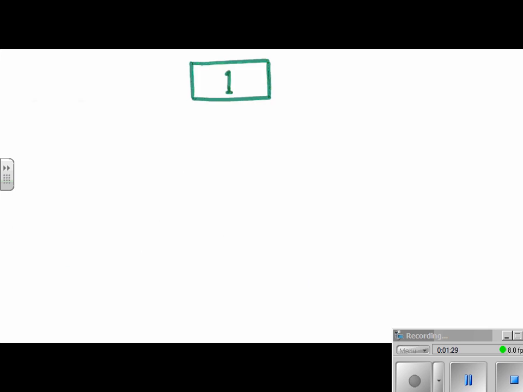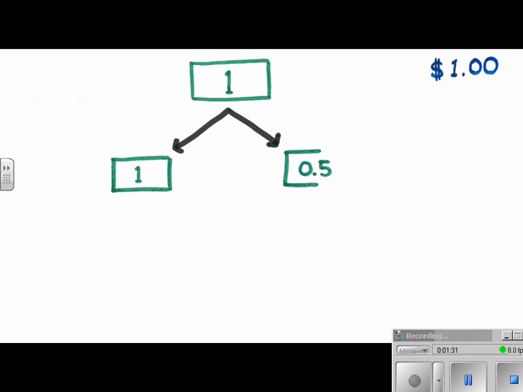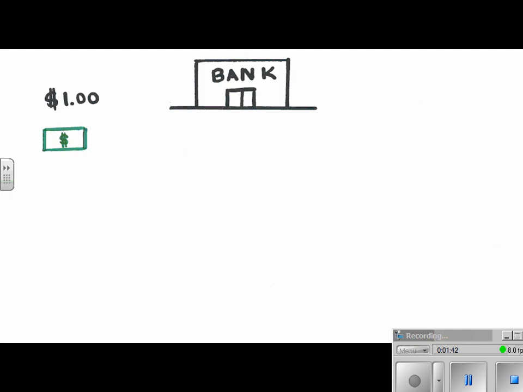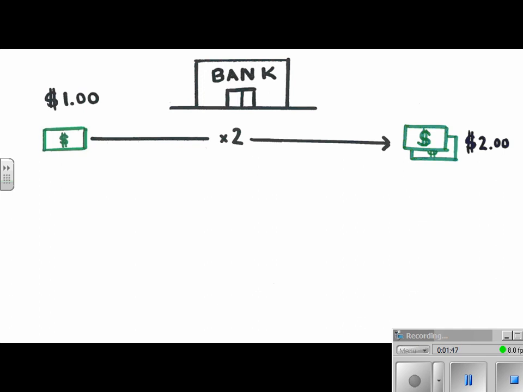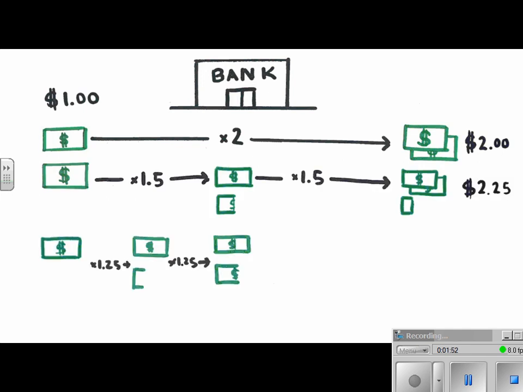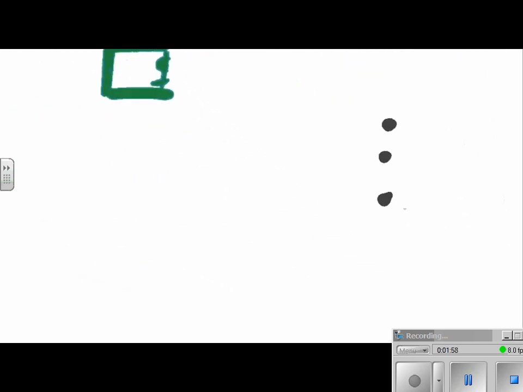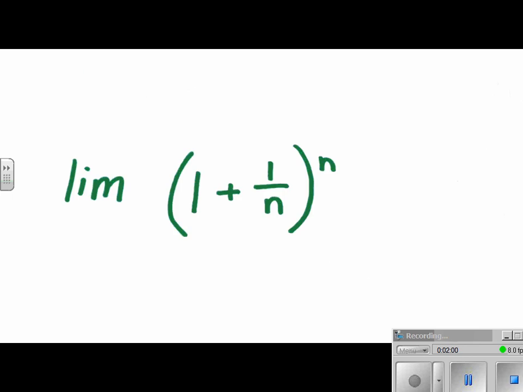Now, compound interest says that you get a little bit of money in interest every period, and that money you gained helps you gain even more interest next period. In other words, your interest compounds. So, if you stick $1 into a bank account with 100% interest rate compounded annually, you'll get $2 at the end of a year. If it's compounded semi-annually, you'll end up with $2.25. Quarterly, and you'll end up with $2.44. Monthly, $2.61. Weekly, $2.69. See where we're going? If you increase the number of compounding periods a year towards infinity, then you'll get closer and closer to e